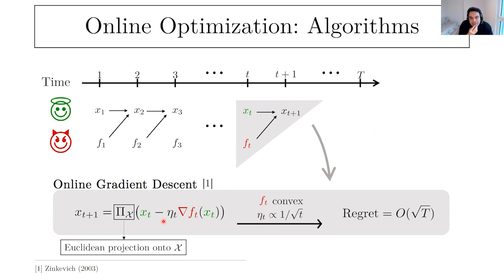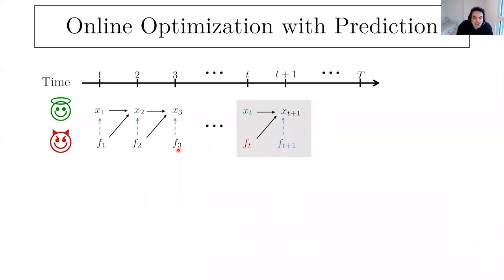Now, what is added to this context, and is also partly the focus of the talk, is: what if you have additional information? So far, you're totally blind to the cost function that occurs at the time that you make a decision. Now, imagine that you have some piece of information about that. And the question is how you can exploit this information, how you can actually improve the algorithm based on some sort of information that you have about the current cost. And this is the focus of the work that I wanted to explain today.